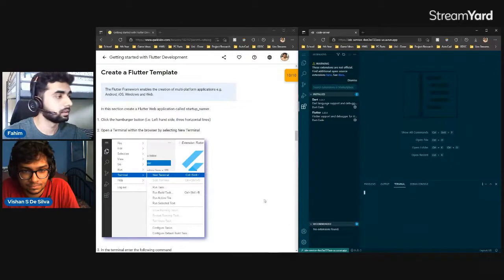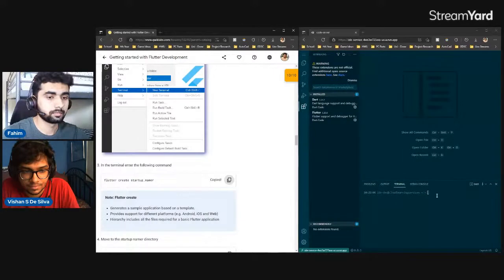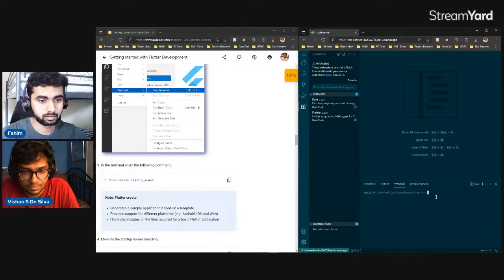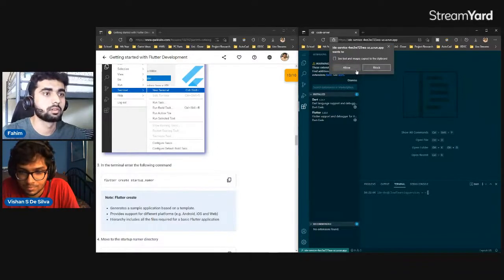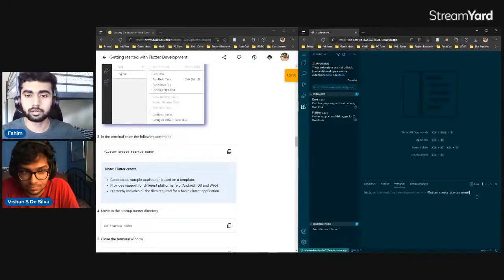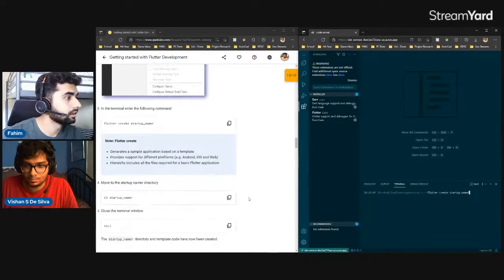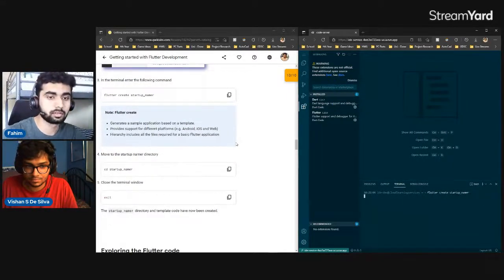New terminal, and enter the following command. So let's copy, paste this. Allow, yeah. And sometimes Control V doesn't work in the terminal, so you can use right click on the mouse button once you've copied text. So if you right click on this, and as you saw, there was a pop-up that said allow access to your clipboard. Just do that because this is on your Chrome browser. And after we run this command,